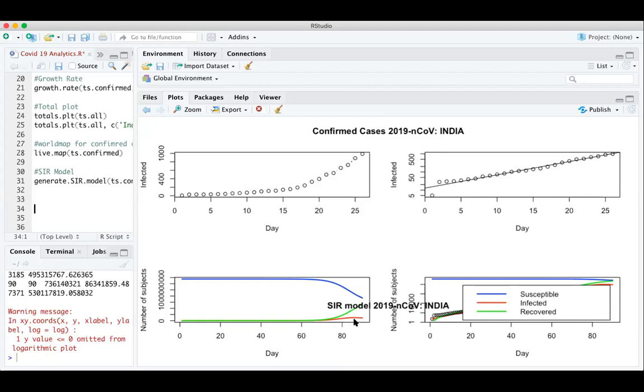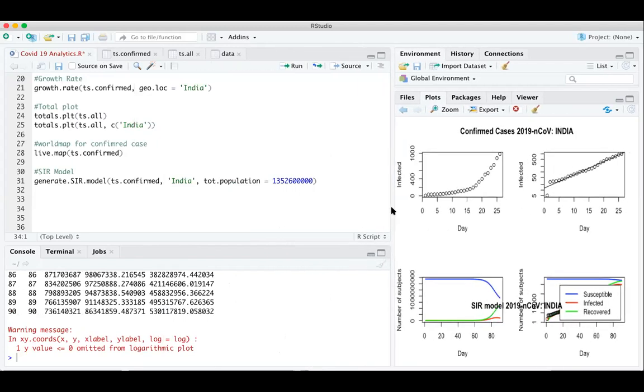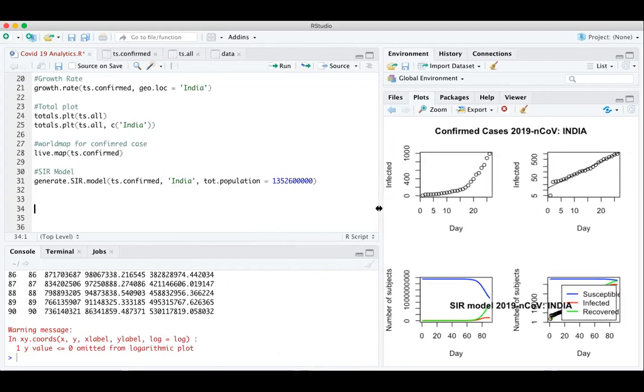Yeah, this peak indicator will be 90 days. And the susceptibility has started decreasing from almost 70 days from the start. So this is provided by the SIR model. And yes, this is a simple 14 lines of code which provides all the different statistics and data.